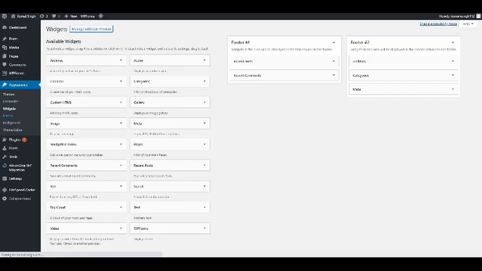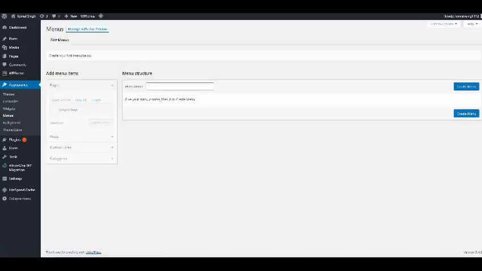Menu section. Now what is a menu? You must be familiar that anything appearing at the head of the page, like the home page, contact us page, services page, etc., is the menu section, the different kinds of page sections. Okay, so you can go and create one. For example, I want a menu. My first menu, I'll name it menu 1. Okay, I'll create one.